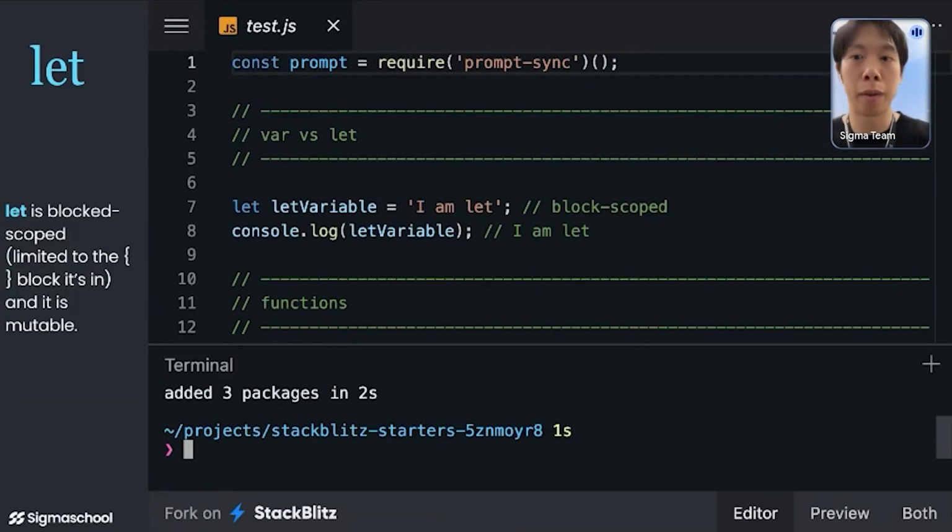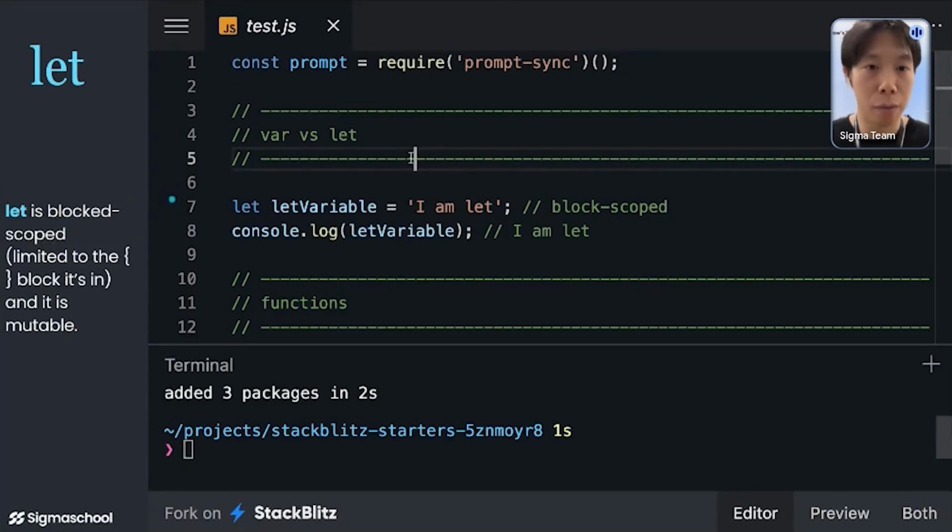So const, as we remember, is a short form for constant, right? Now let basically tells JavaScript, if you add that keyword in front, it defines the variable that is limited to the block that is within it. And the main key thing that you need to remember is that when you define a variable with the keyword let, the value can actually be mutable. What that means is that you can change the value. Whatever you put in that box, you can just take out the value and replace it with another value. So that is a variable that is mutable.